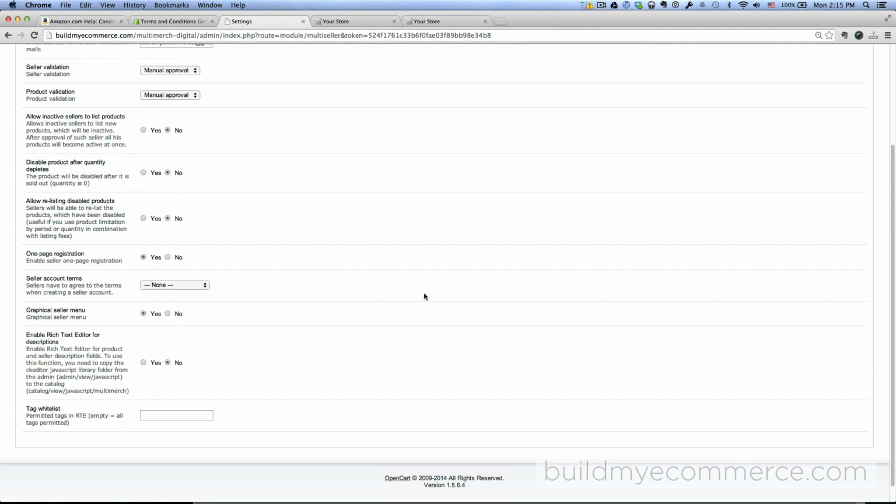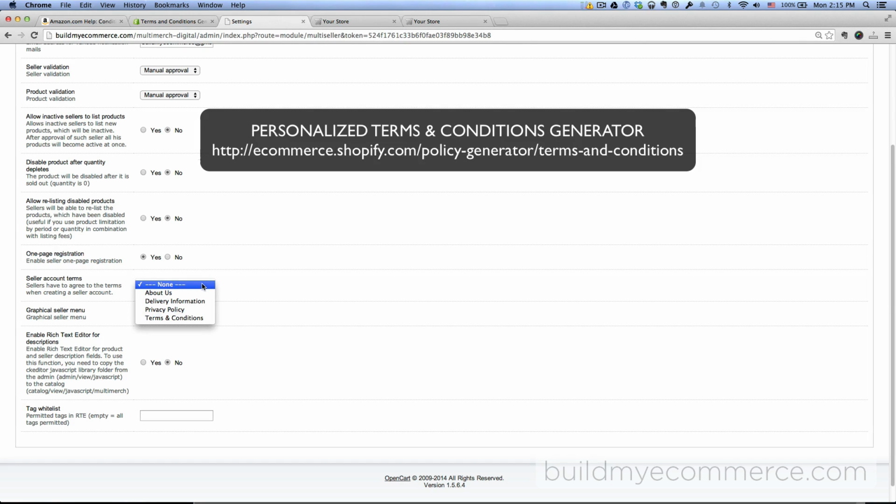Next is the seller account terms. Right now it's set to none, and you should have it set to something like terms and conditions. So let me give you a real example. As a store owner, let's say you want to have terms that says you only do payouts once a month, which is at the end of the month, and you don't want to have sellers request payouts every day or